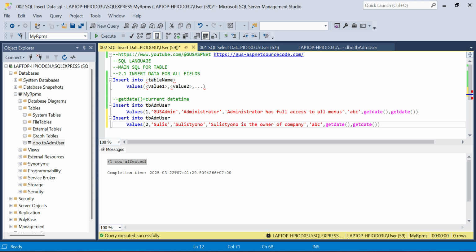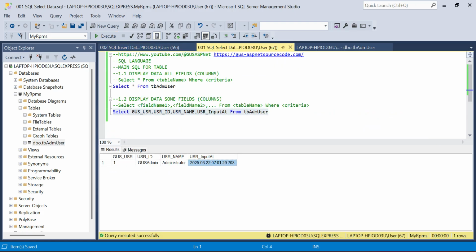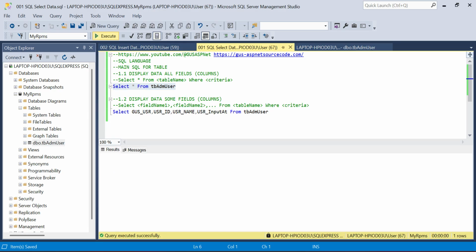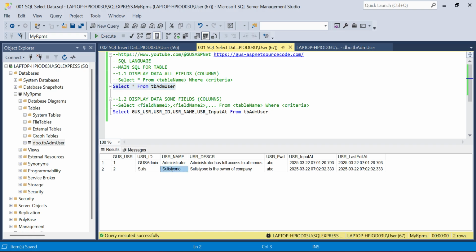Okay. Let's see. Again, let's check the data. We see here 1 rows affected means the insert is successful. Now let's check the data. Now we have two records here.